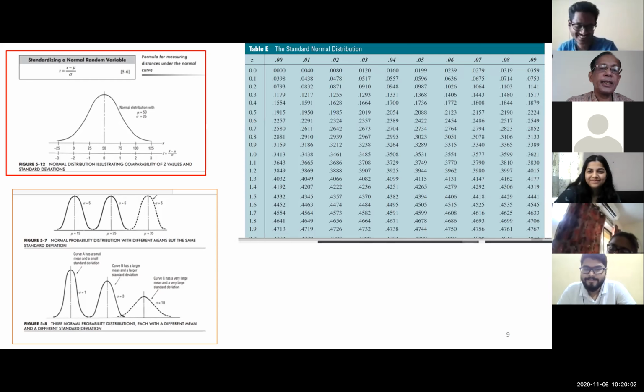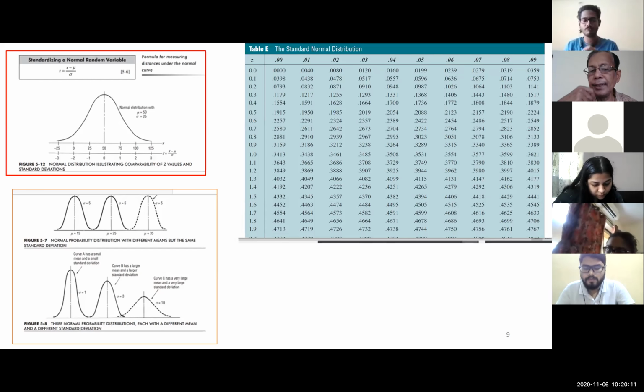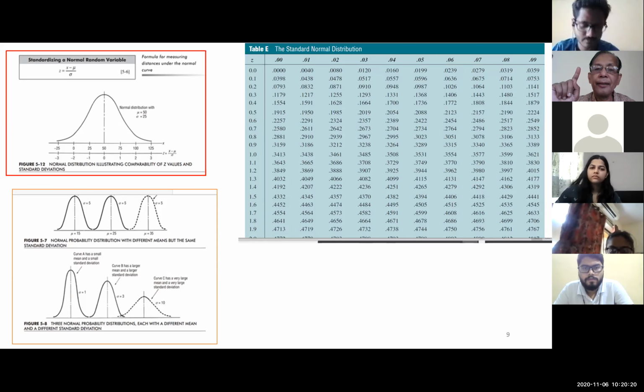Okay, now please see, for every Z value we have to find directly the probability. Now please see, normal distribution is very easy. You are not computing anything. It's ready-made, available from the table. Now one thing all of you remember carefully: the probability is the area from the center to the Z point. There is an example in Levin's book.